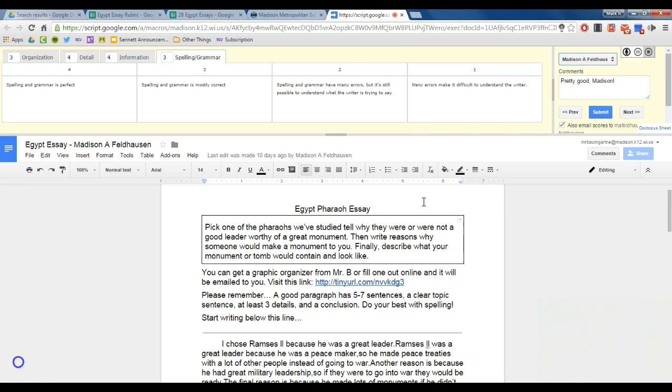Once you have graded the paper, and I should actually grade this before I go to the next step, so just give me a second. So I went through, I got the actual grade that I want to send to Madison. And what I'm going to do here is, by default, it's going to email her her score, and it's going to automatically send me on to the next student's paper. So all I have to do is hit submit,